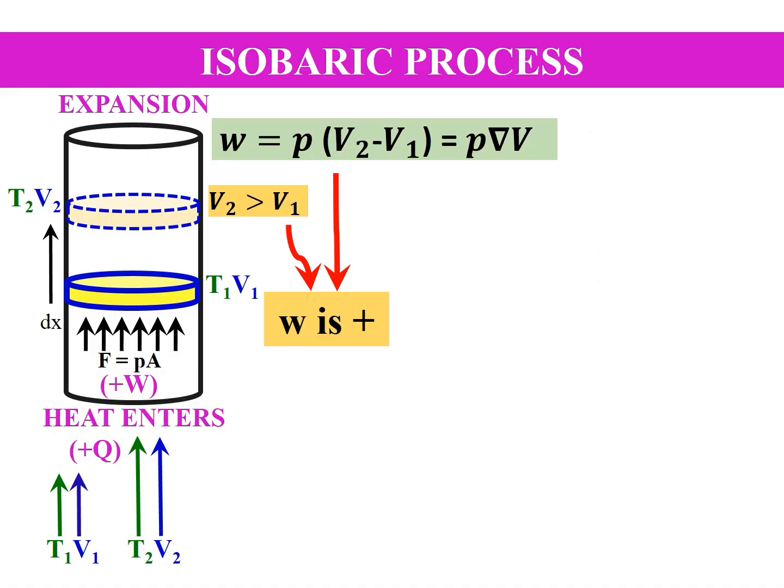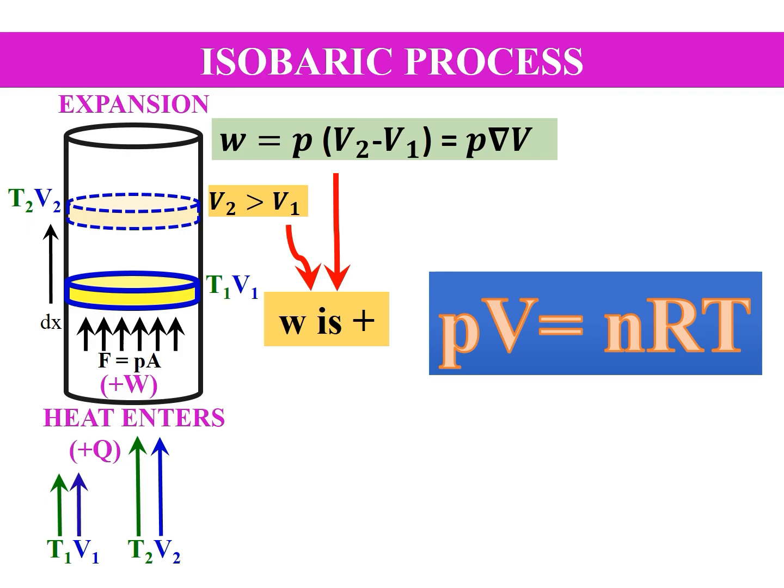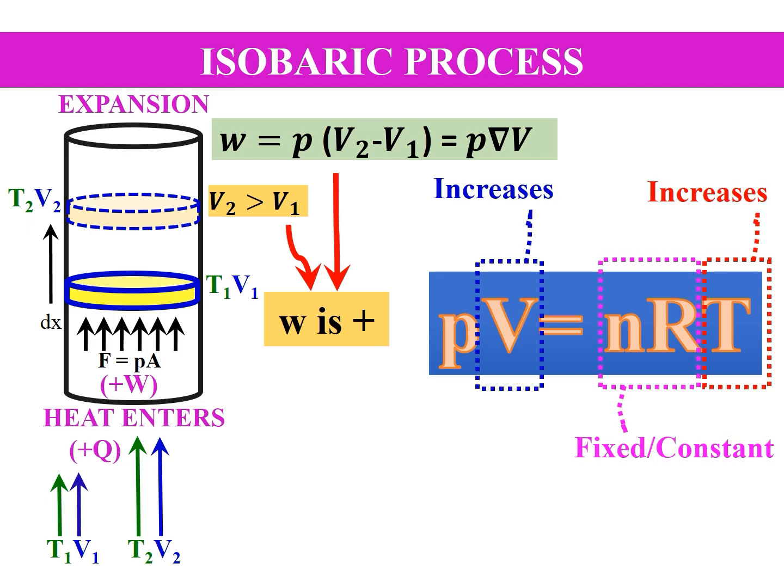In isobaric expansion, the final state appears with higher volume V2 than the initial volume V1. That's why W, work done by the system or the gas, is positive because heat enters from the bottom of the cylinder, therefore it is positive. According to ideal gas equation, PV is equal to nRT. Because n and R are fixed, temperature must increase as the volume increases so that pressure of the system or